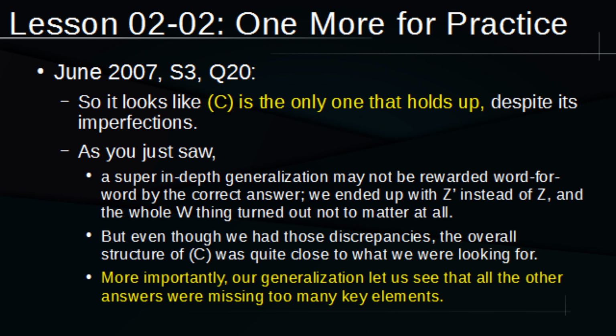It had that core assumptive flaw that factor Z is the be-all, end-all. It's the most important one, maybe even the only one that matters when we are deciding what to do about activity Y and all that other stuff. But really, I want to highlight this. Most importantly, our generalization let us see that all the other answers were clearly missing too many of our key